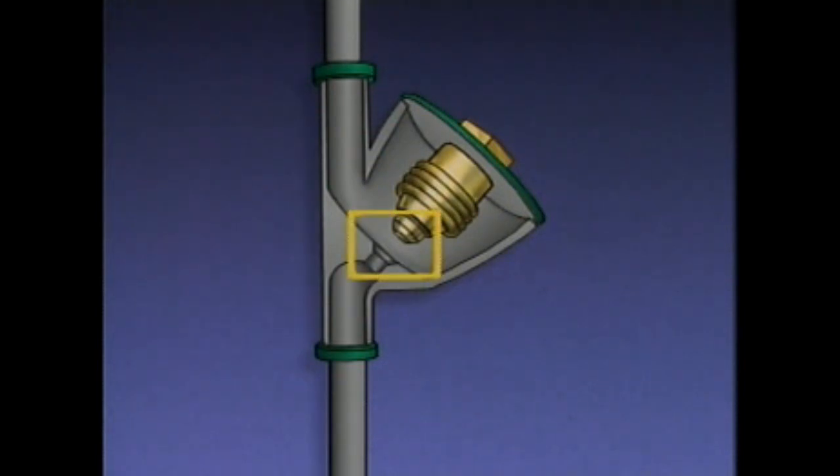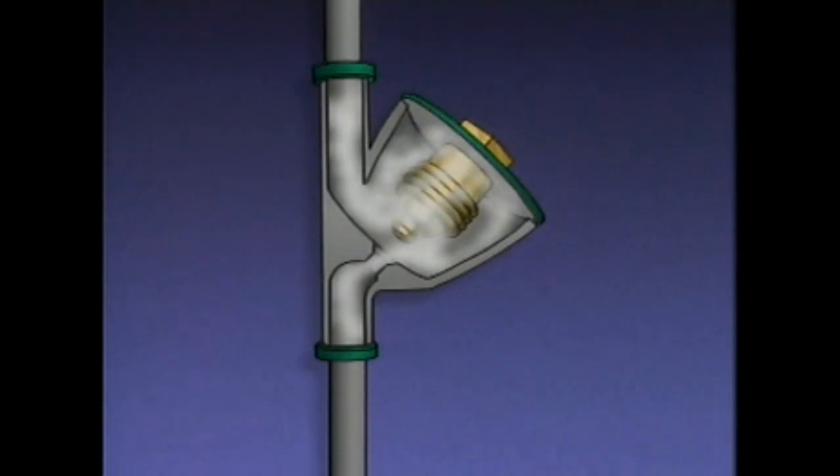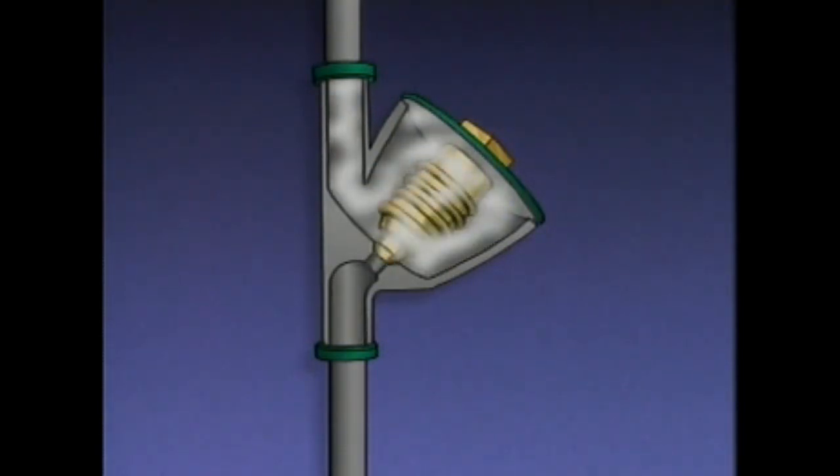Together, the plug and the seat form a valve. When condensate, which is relatively cool, enters the trap, the bellows is contracted and the valve is open. The condensate exits through the trap outlet. When steam, which is relatively hot, enters the trap, the bellows is heated so it expands, closing the valve and